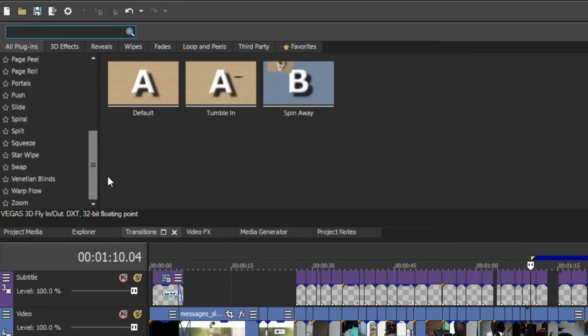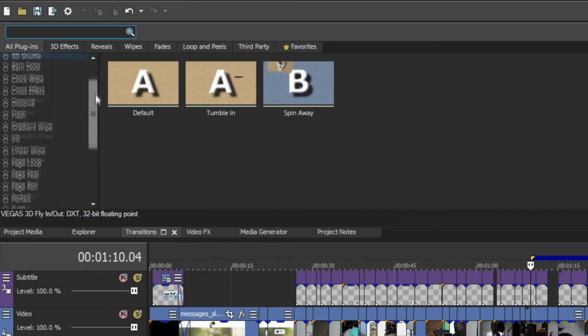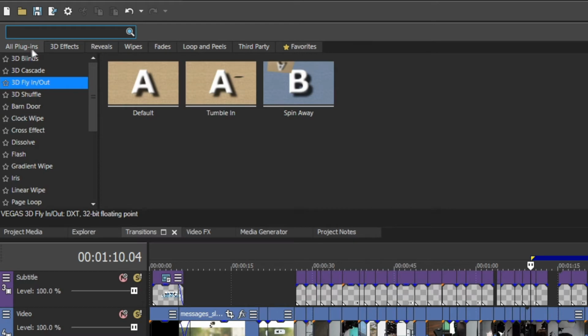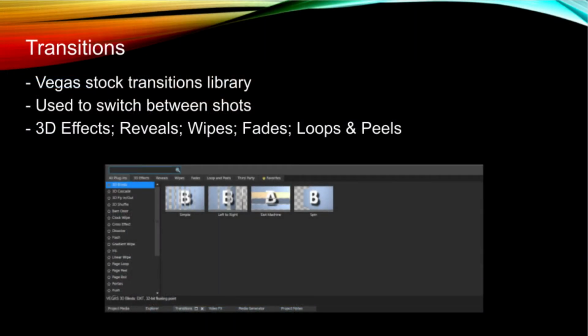Vegas offers their full library of different transitions for you to choose from when you first click into the All tab. Next to the All tab on the upper hand corner, you'll find that there are many more options next to it. Since there are so many different choices, the program will help sort them into individual categories for you to better find and access them.